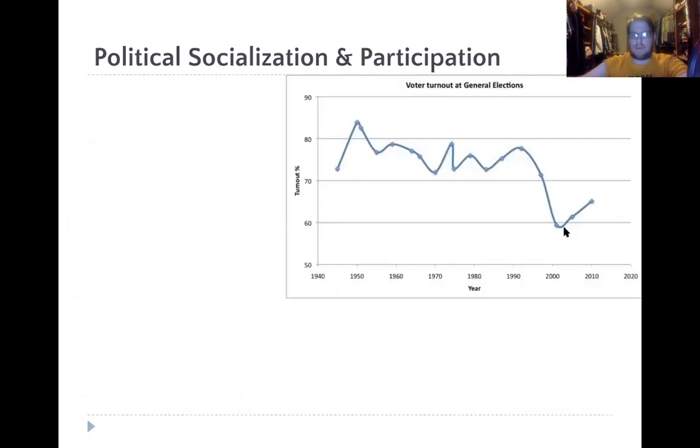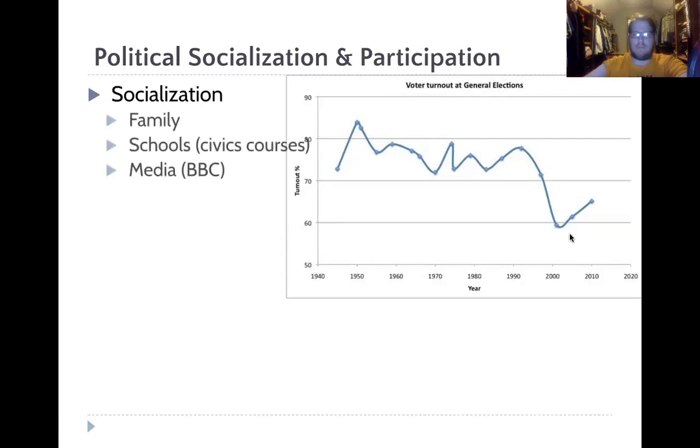In terms of political socialization or participation, the three engines that seem to socialize Britons into their political beliefs are family, which is a model that tends to hold true in several places around the world. School civics courses will do a good job of indoctrinating folks with a lot of their service-oriented political beliefs, not necessarily their ideological beliefs. But since there is a nationalized curriculum, it does all of those things to turn the youth of the United Kingdom into, hopefully, engaged, functioning citizens.